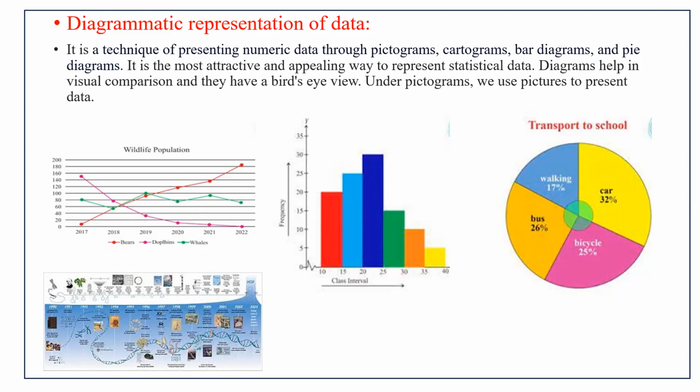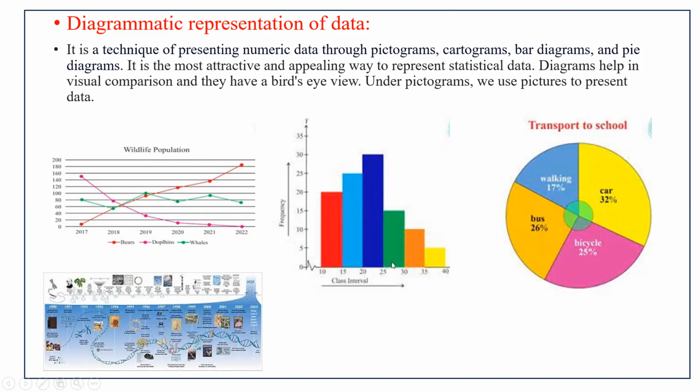You don't need to even read, just look at the graph, look at the diagram, and you will be able to. So this is the wildlife population, and by just seeing the line diagram, you can see a comparison between bear, dolphins, and whales, and you could predict the final conclusion. Then this is the bar diagram, then pictorial, that is the pie chart diagram, can also be under this. Single line diagram also can be